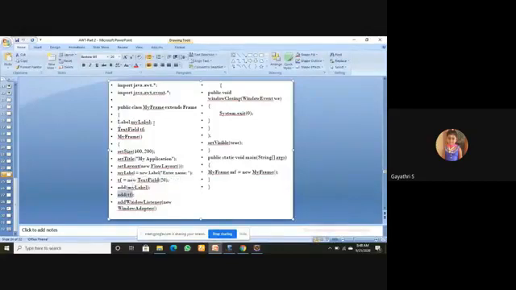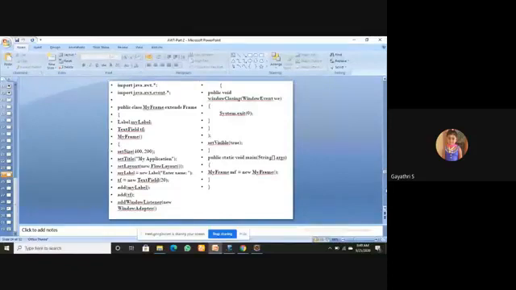Here you are creating one label for identification purposes. If you are using a text field, it is preferable to use a label. Then only can you identify the text field. Enter your name, this is the label, and it has one text field. You have to enter your name. So if you are using a text field in your programming, you should use a label. So this is all about a text field.